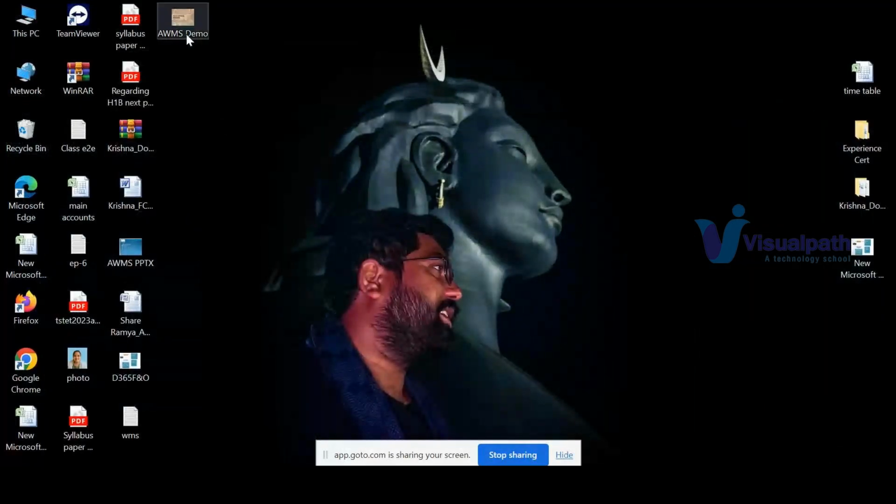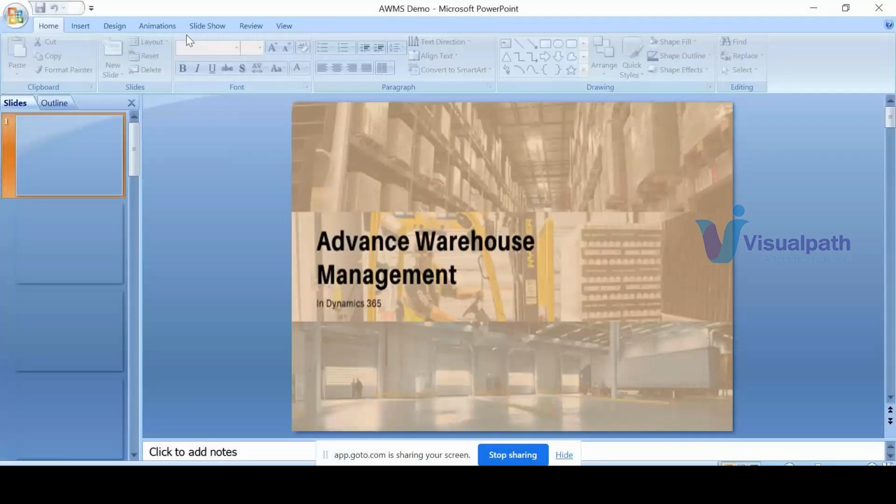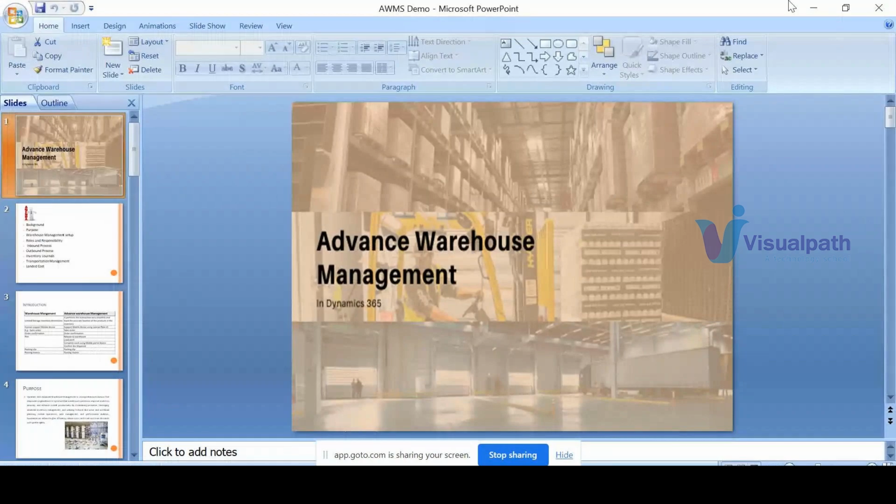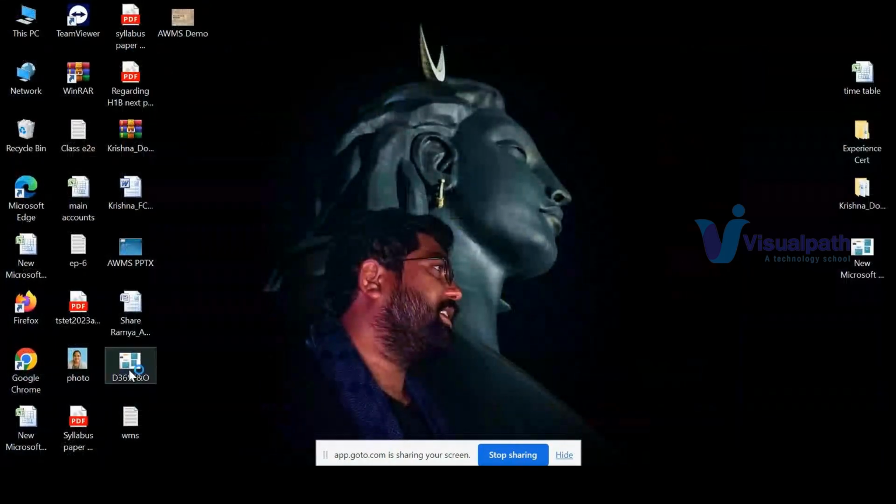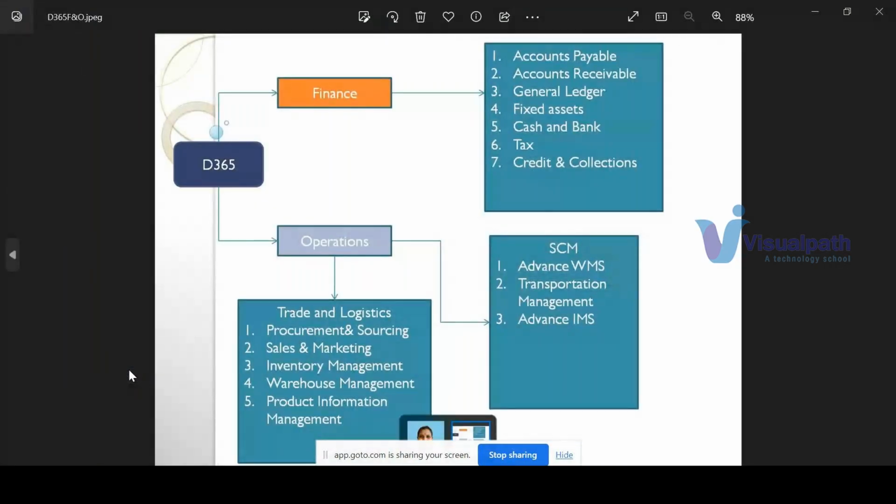So before starting AWMS, this is actually what I have designed for myself. Okay, so the D365 Finance and Operations. Finance is completely the base, and it's the main base for